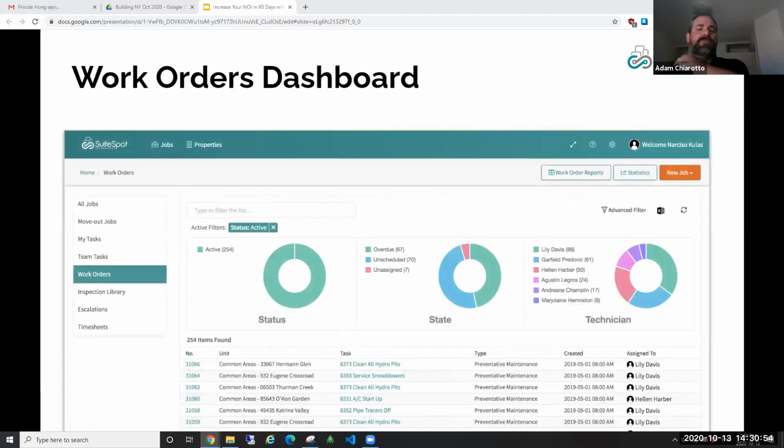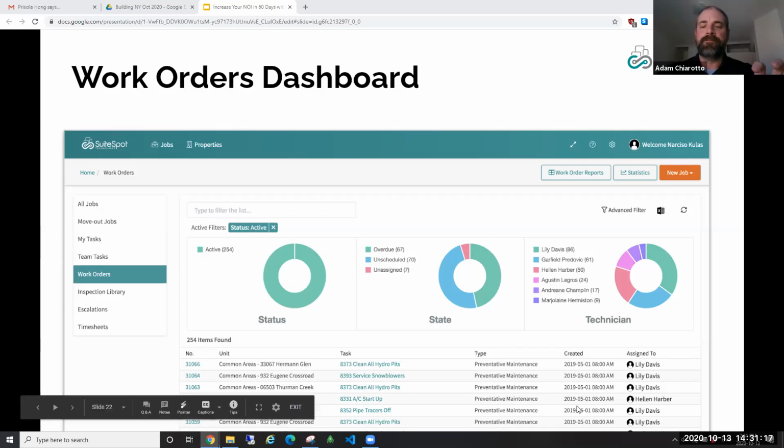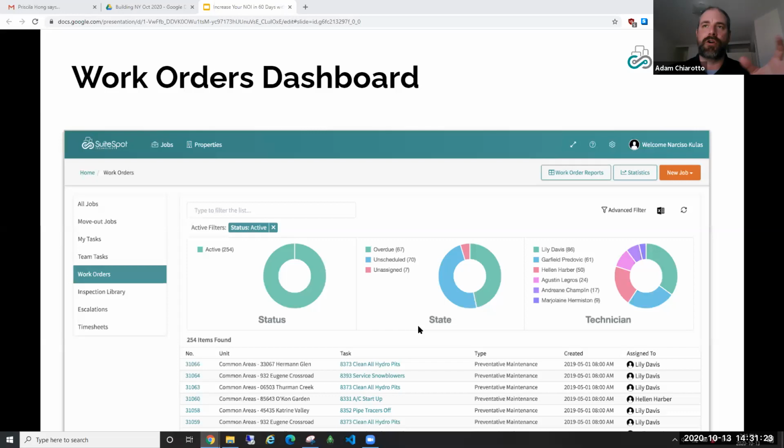We also have great dashboards for work order management. This is especially good for maintenance supervisors, maintenance managers. They can see exactly how much work is outstanding, where is the work needed, how busy are all of my technicians, what do I need to deal with right now, how many things are overdue, what do I have to schedule still, or what do I need to assign. It's very easy, and you can do it all from here. You don't have to go to separate screens to schedule work or assign work or any of that. You can do it all right from the dashboard. If you're a maintenance manager or maintenance supervisor, this is your main screen that you're going to be dealing with. It gives you all the information you need to know.